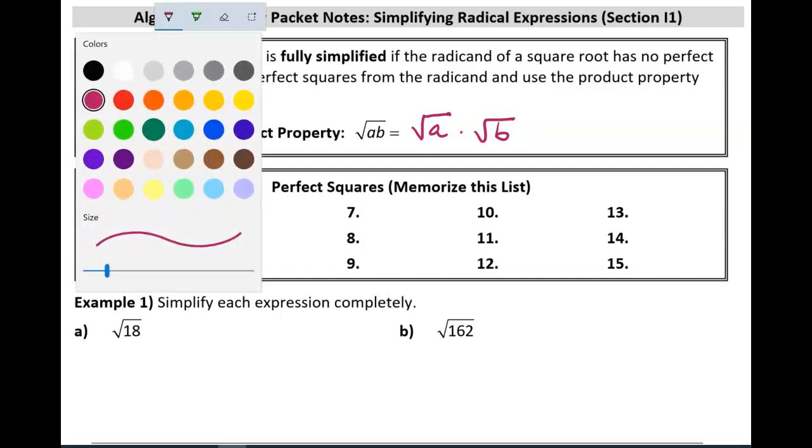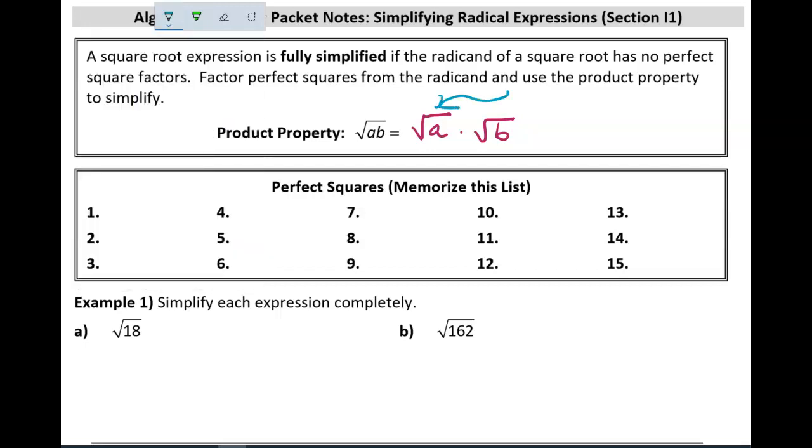And our objective here is to try to make this number a perfect square. Now it's important that you know what a perfect square is. Perfect squares are numbers that are formed by multiplying the same number times itself. 1 times 1 is 1, 2 times 2 is 4, 3 times 3 is 9, or 3 squared is 9,